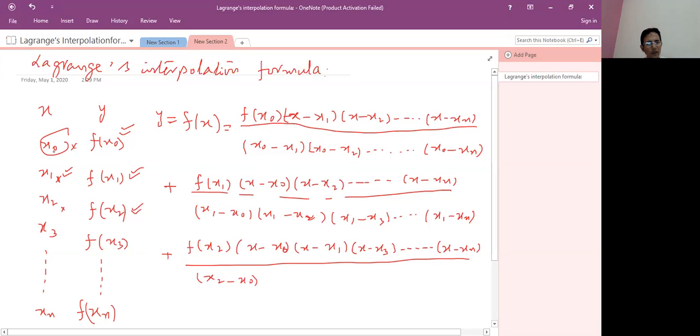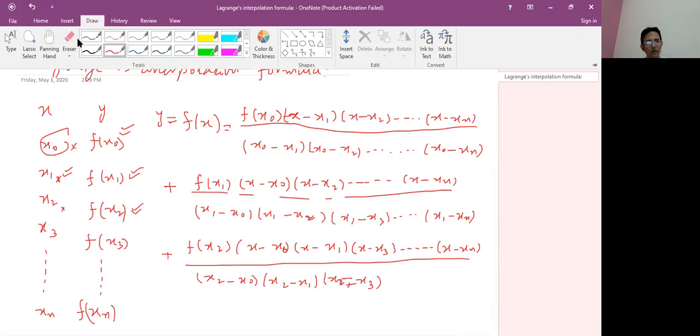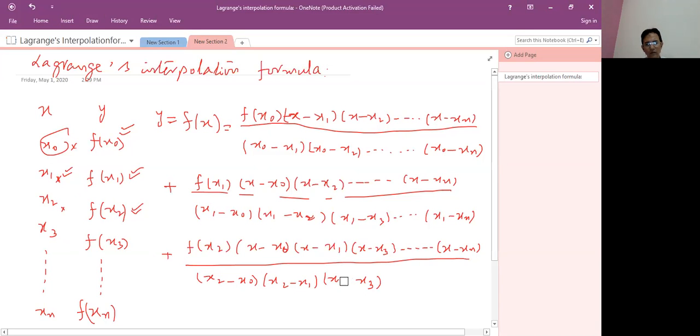Then we subtract in the denominator x2 minus x naught, x2 minus x1, x2 minus x2, it means 0. So we will not consider in the denominator x2 minus x3, and the last value it is x2 minus xn